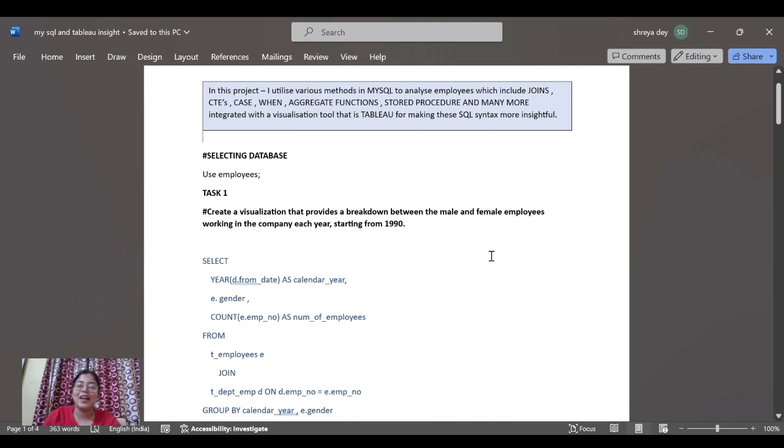Let's get into my last project, MySQL with Tableau. Basically, this is not a major kind of project. Here I have learned the advanced level of MySQL, and I have learned to represent a SQL project with the help of Tableau. Tableau also works similarly to Power BI. And here I have used Tableau to